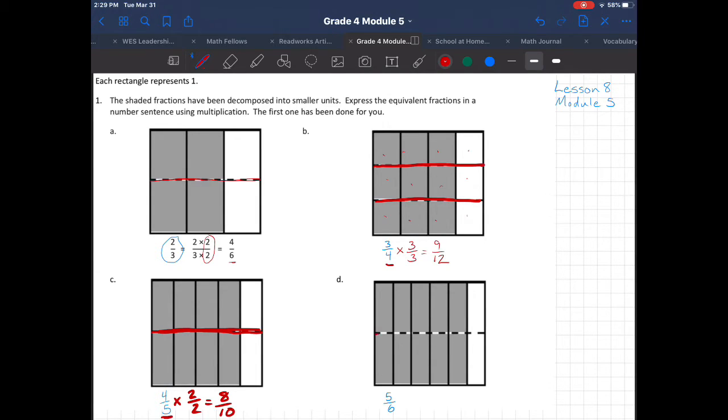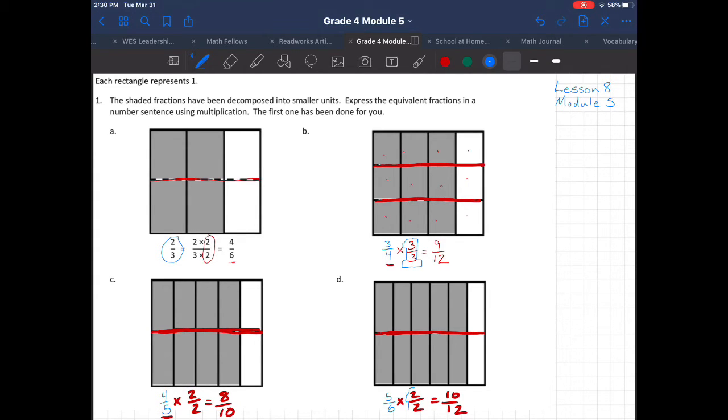5/6 is letter D. We're breaking it down the middle, which is doubling the number of pieces again. So 2/2, which equals 10/12. And of course, you remember that the reason this works is that whether it's 3/3